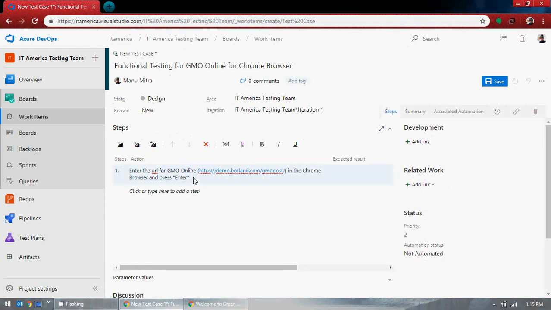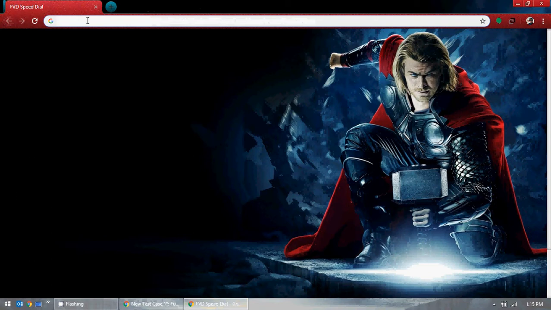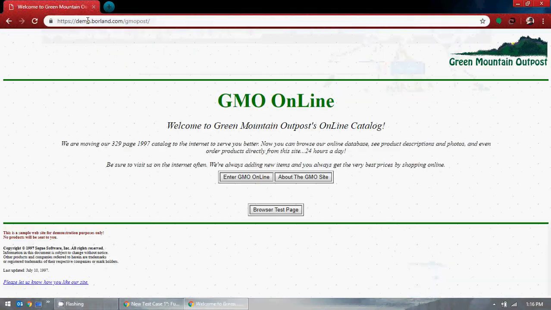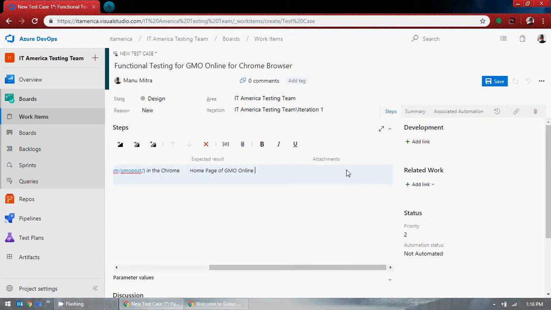So what is the action? This is the action: enter the URL for GMO online. I gave the URL name in the Chrome browser and pressed enter. So that's what we are doing here, entering this URL, GMO online, and hitting enter. What is expected here is the homepage of GMO online